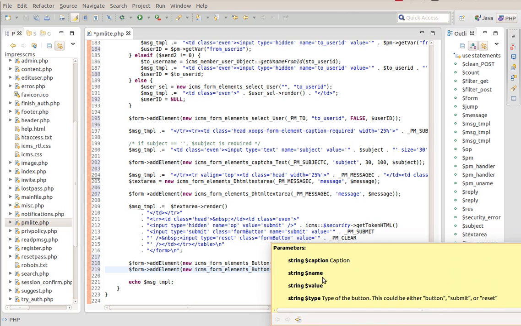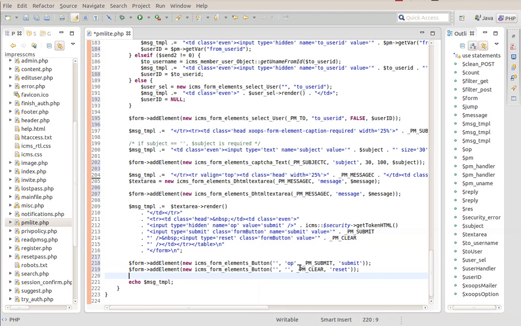Okay, so we have caption, name, value, type. We have no caption for either of these buttons. We have a name for the submit button, but not for the clear button. We could give it a name, it's not necessary for anything else. Now the only other thing we need to deal with is this security token. We actually have a security token